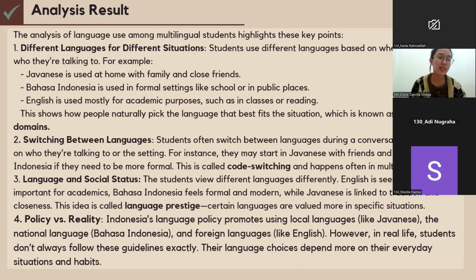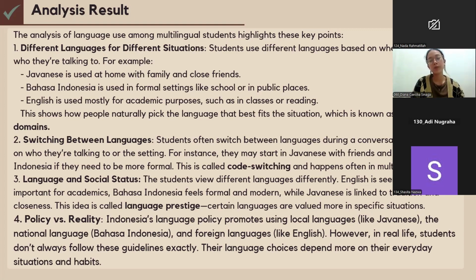And then the third one is language and social status. For this one, we can see from the example that the students or the boys view different languages differently. English is seen as cool or important for academics, and Bahasa Indonesia feels formal and modern, while Japanese is linked to tradition and closeness. And this idea can be called language prestige, or we can mean that certain languages are valued more